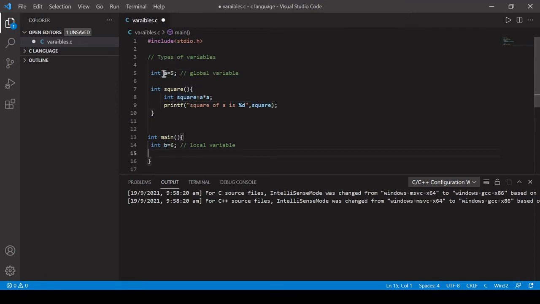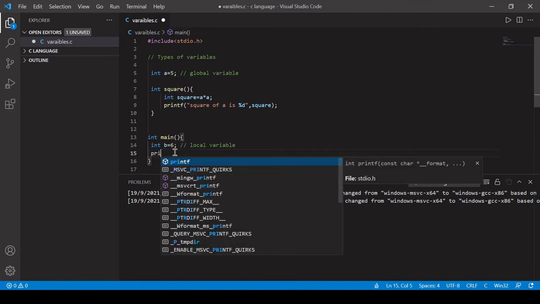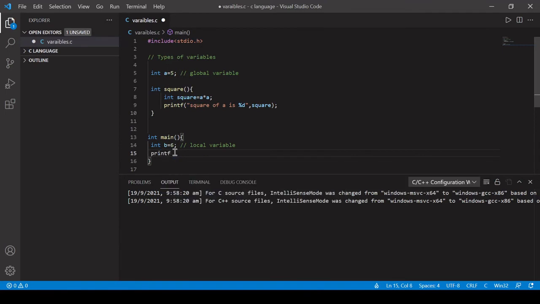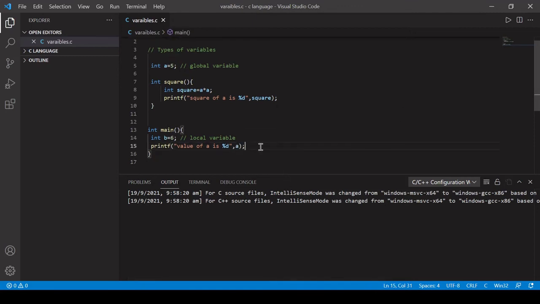Let's also print the a value here, so we can understand that it can be used in a different function. Let's say value of a is percentage d, because a is an integer, and save this. Now first we need to print the square, so we need to call this function. Let's write void here, not integer, because we don't want to return anything.